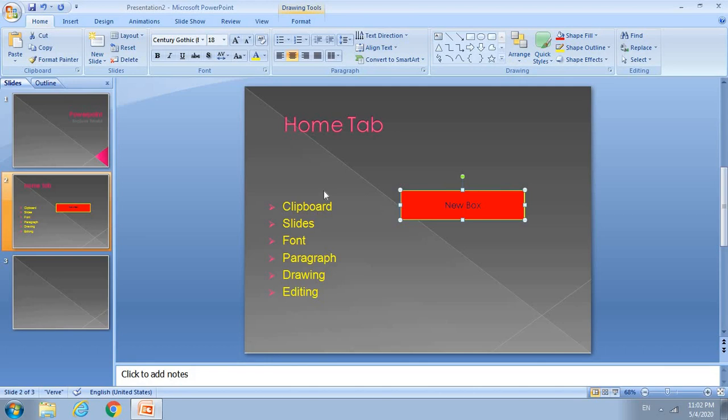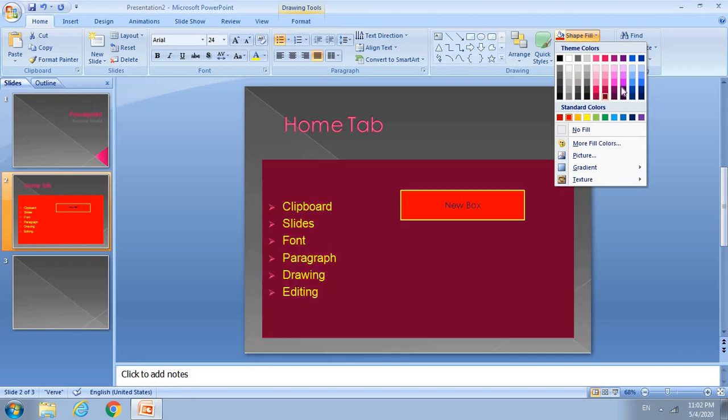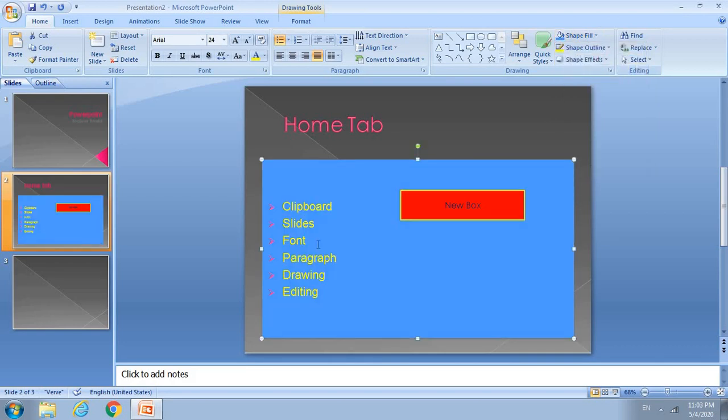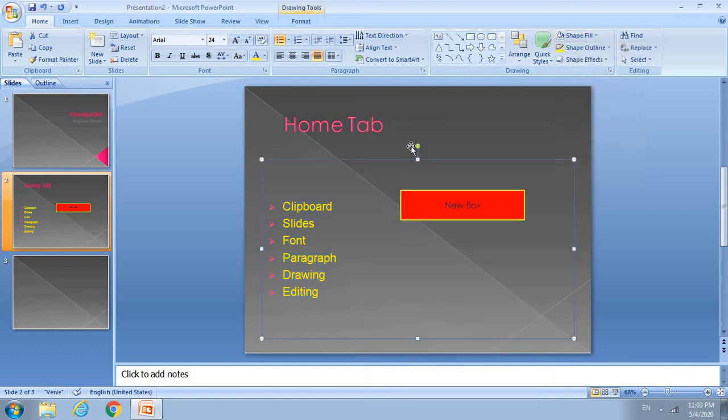The same you can do with the main box here. You can also change its color like that. We'll use a different color here. We'll make it blue. Okay, this is how you can play with these things. These are some little things which you can use. Now let's make it the way it was. Okay, so I believe we are done with the home tab. Everything is clear to you, all the groups and everything.